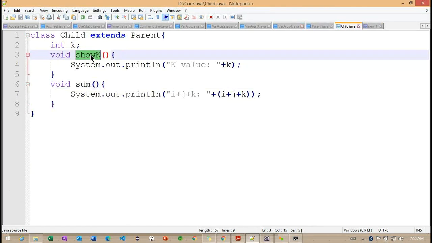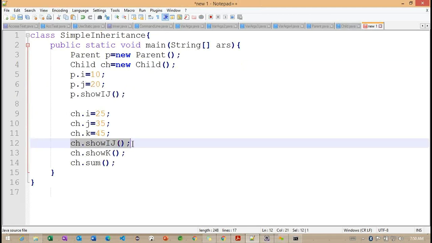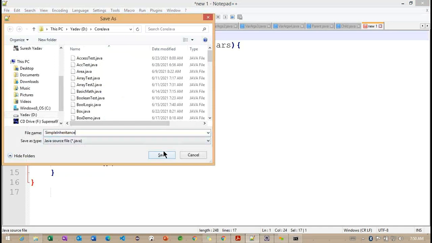Inside this child class we have two methods: show k and sum. Along with these two, we are able to call the superclass methods also. Now we need to understand how exactly this simple inheritance is going to work.